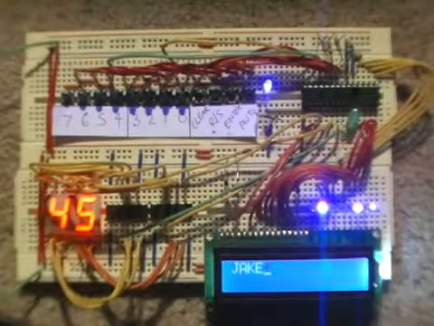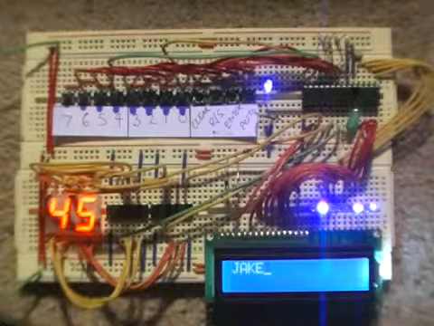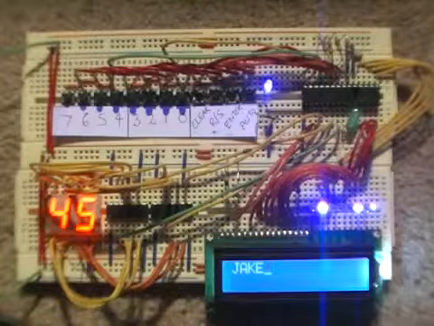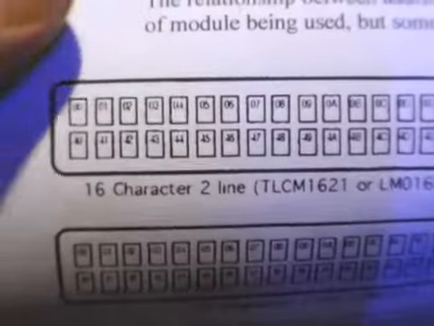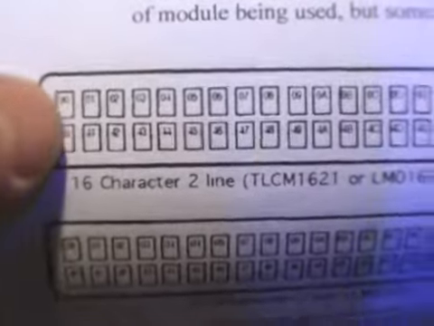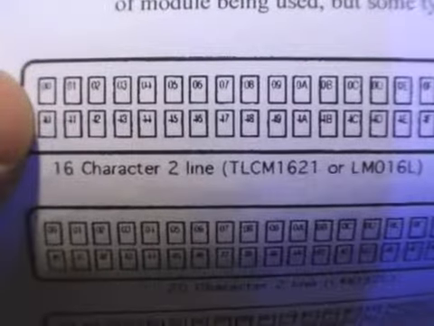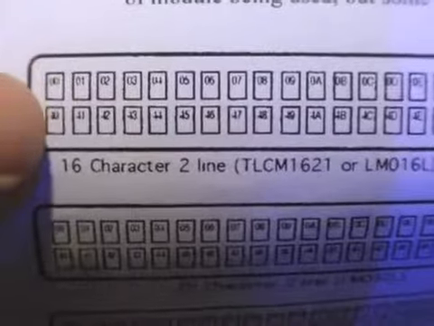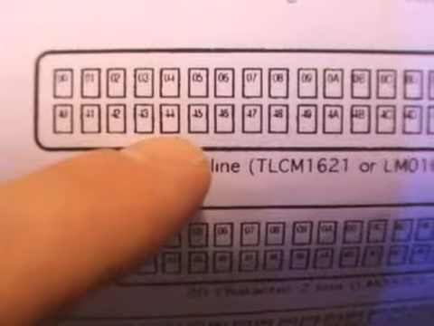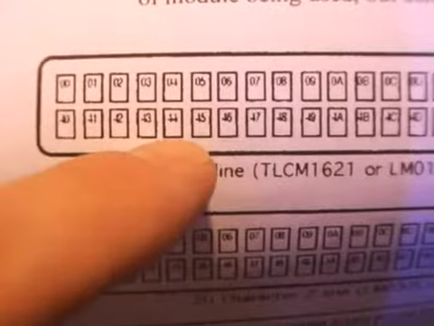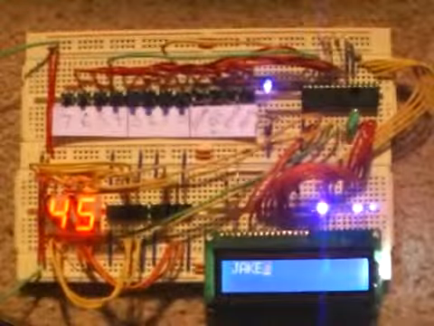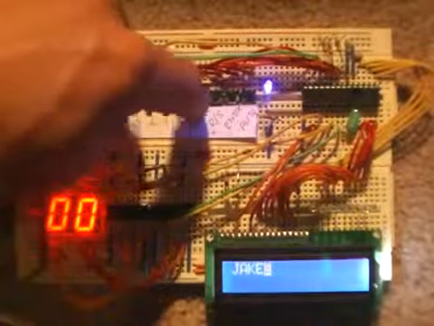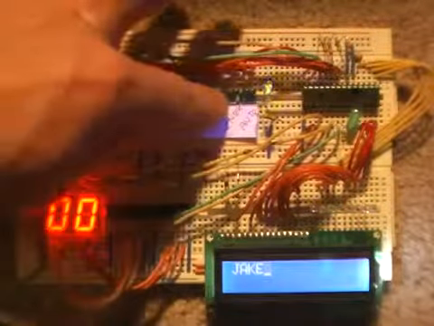I'll give you an example of moving the cursor to a different display address. This is another thing you can find on the net, probably in the same place you get the command codes from. It just gives you the address numbers for all the individual 16 character squares. So if I wanted to move to square 5 on the second line, that's 44 in hex, don't forget. So if I clear that, put it back into command mode,